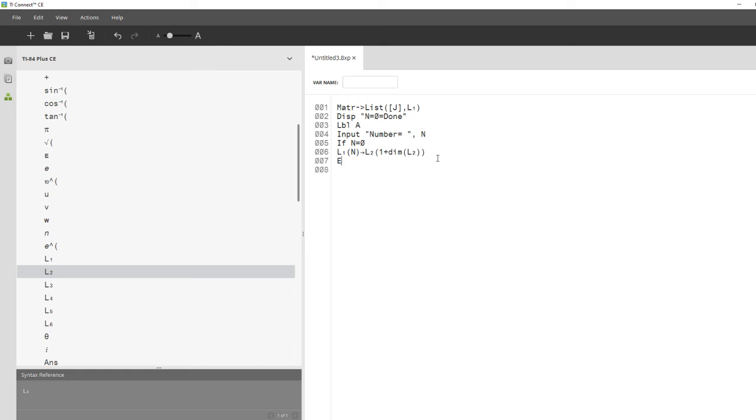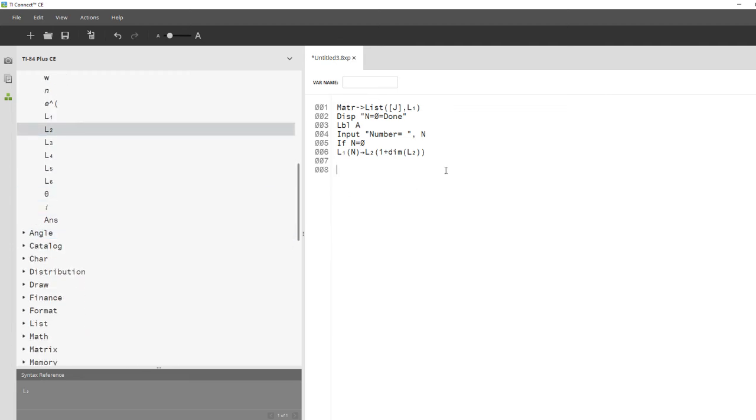So then you want to do end. No, actually, you don't need to end because it's just one line. And so then, when you're done, this needs to be a not equal to. And when you're done, you're going to take the sum of list 2 and display it. So you can actually just write disp, not diosp. So display sum of list 2. And so you need to add this as a not equal to,